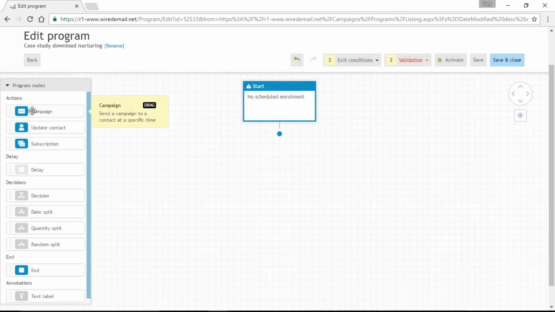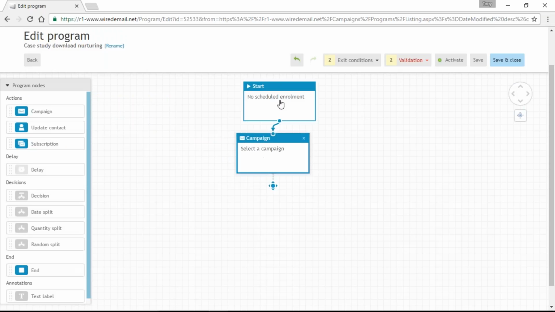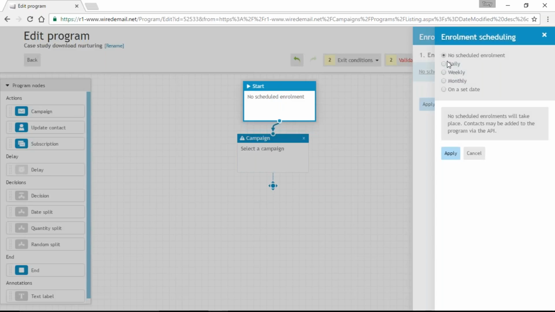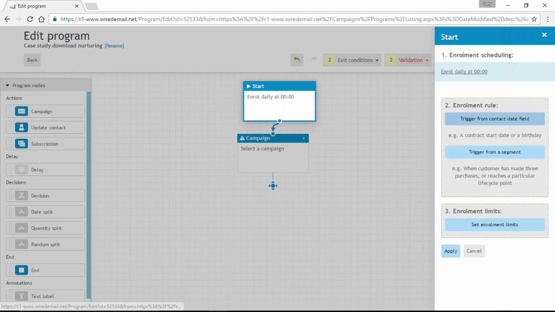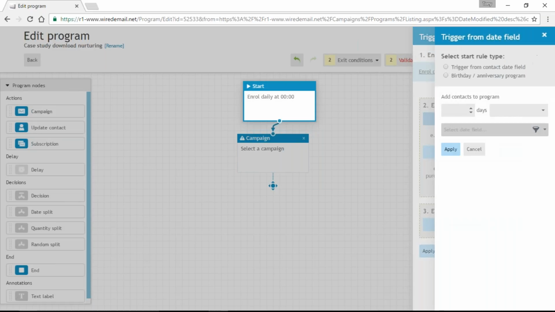And then what we can say is, once somebody's come into this program based upon whatever rule it is, maybe if we change this, we'll go to trigger from a contact date field. So say we want somebody who's been created in the last day as a new contact on the platform itself. We can then say trigger from that. So once they've been in there 1 day in our system as a new created option,